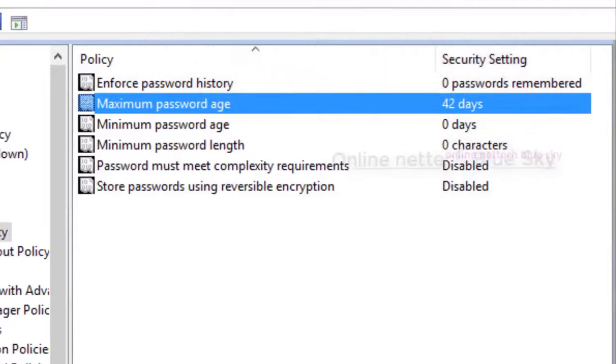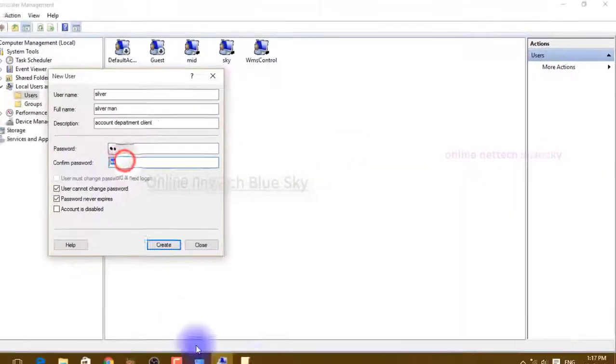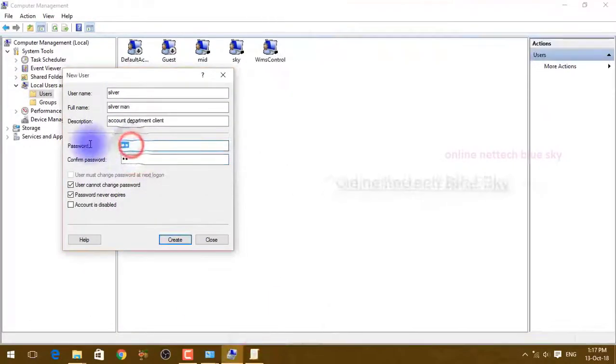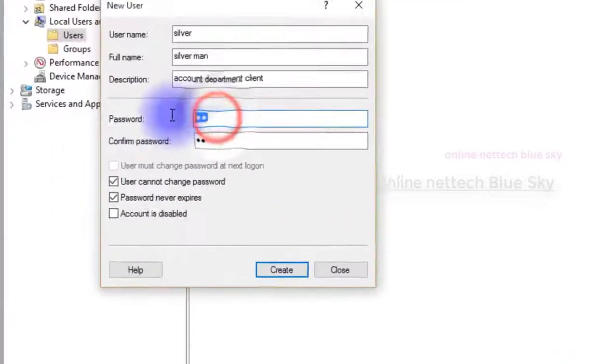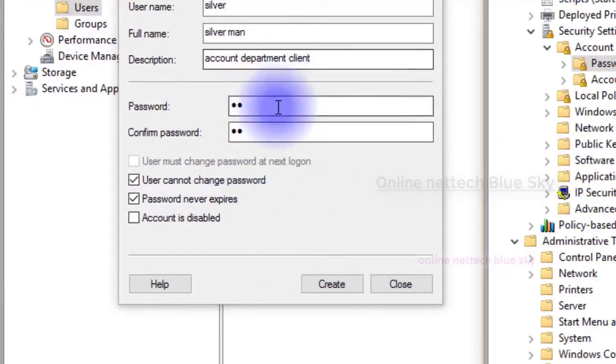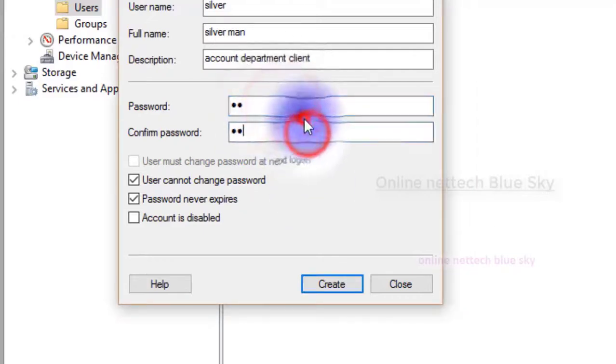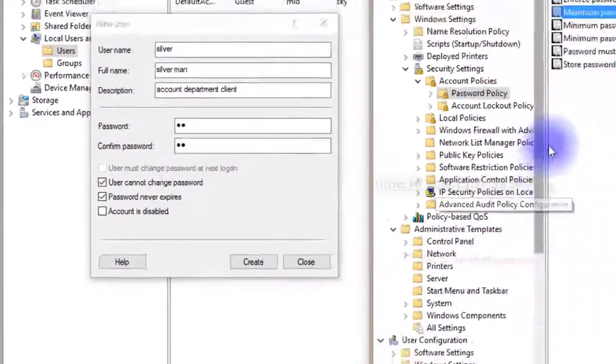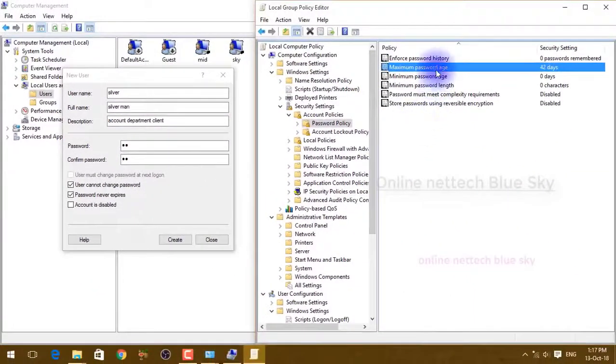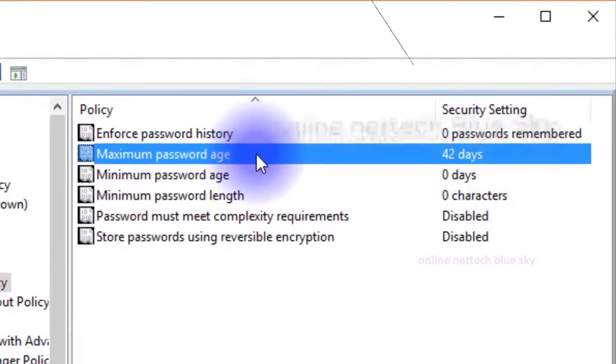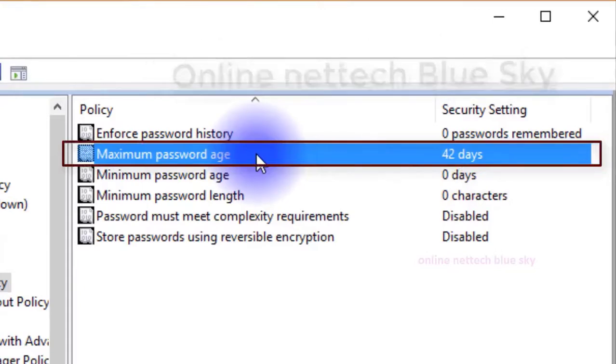but you want to know that this type of policy applies to your user, and you do not need to set this policy on your computer, because by default, when you install your operating system, this policy is already available. So the Windows operating system always checks policies and sets 42 days by default.